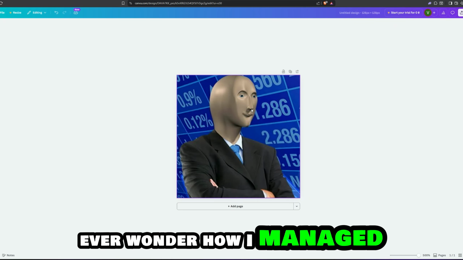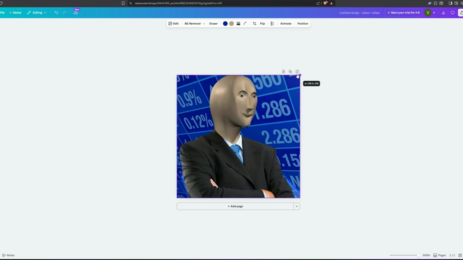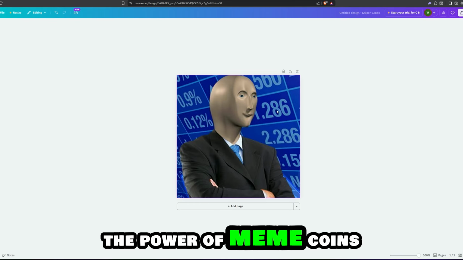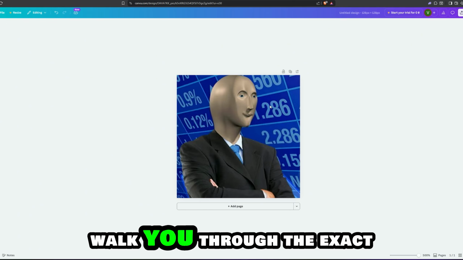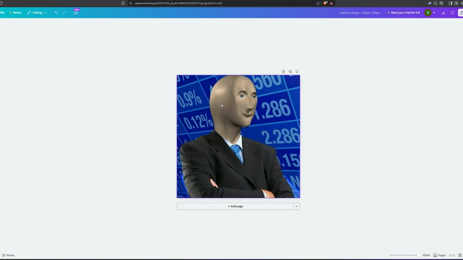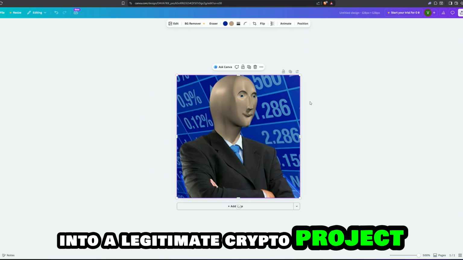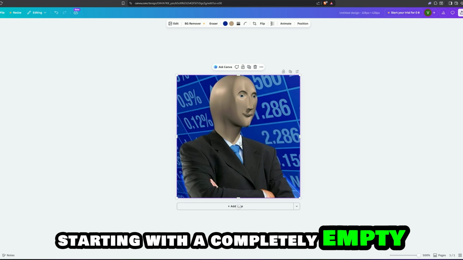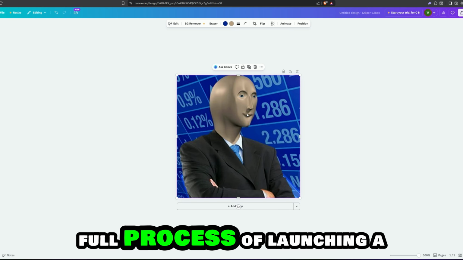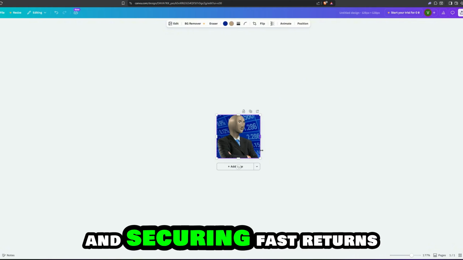Ever wonder how I managed to generate this much capital? It is all down to the power of meme coins, and I am going to walk you through the exact strategy. Watch as I transform this stone meme into a legitimate crypto project. Starting with a completely empty wallet, I'll lead you through the full process of launching a memecoin and securing fast